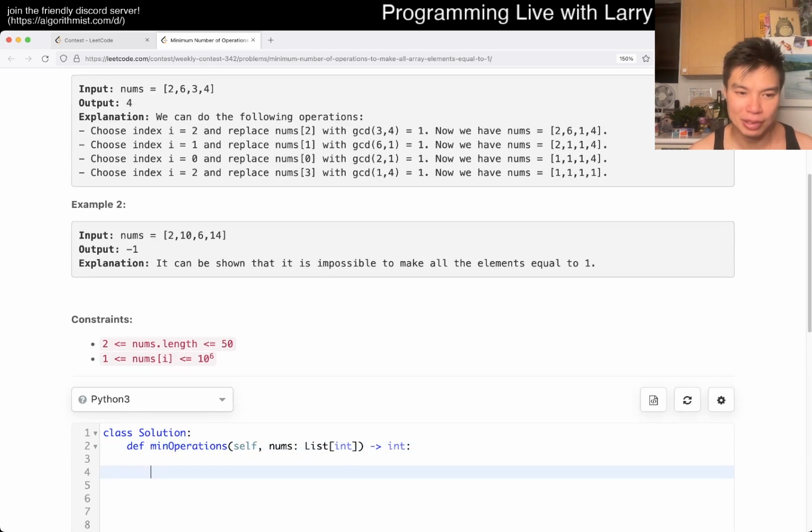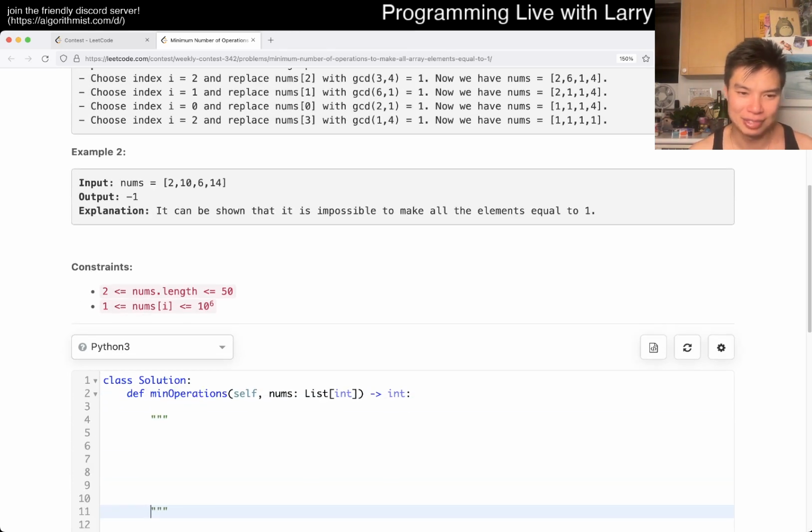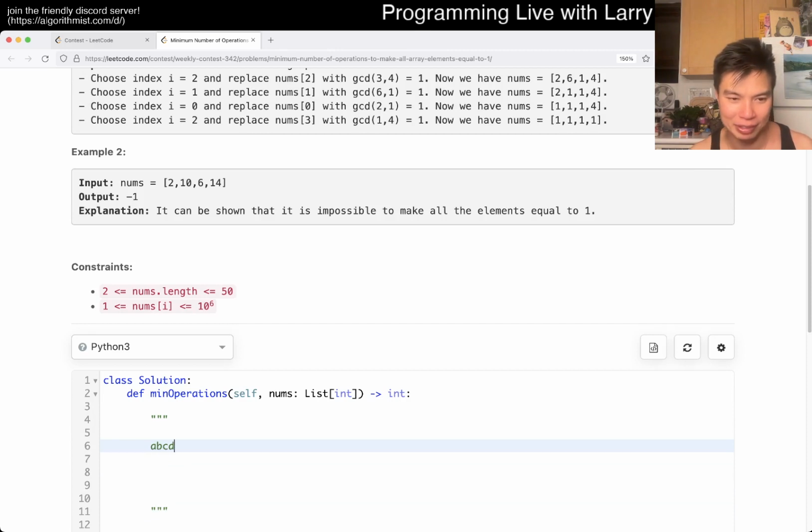So for example, let's say you have, I'm just going to use some letters, something like this, and F and G, where the GCD of F and G is a 1. Then you turn one of these to a 1, right? If this turns to a 1, then you could cascade this to a 1 next, right? So you can do the math, and then you could count it that way manually. So then, based off that idea,